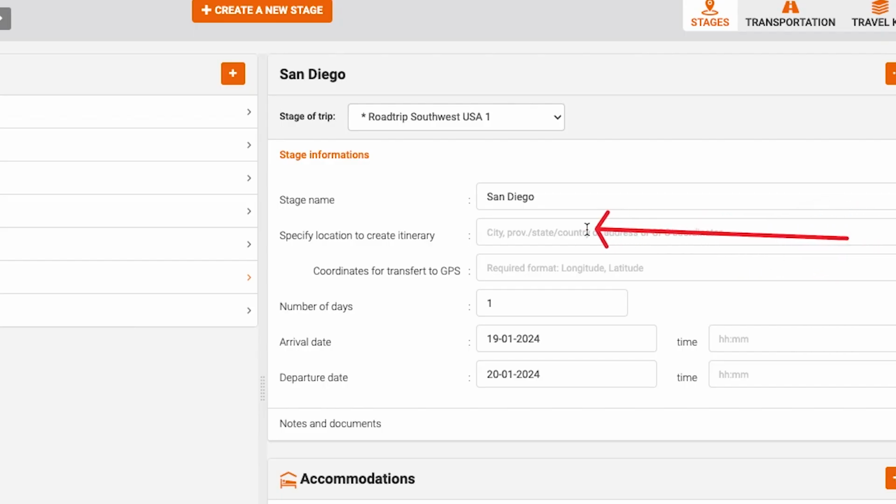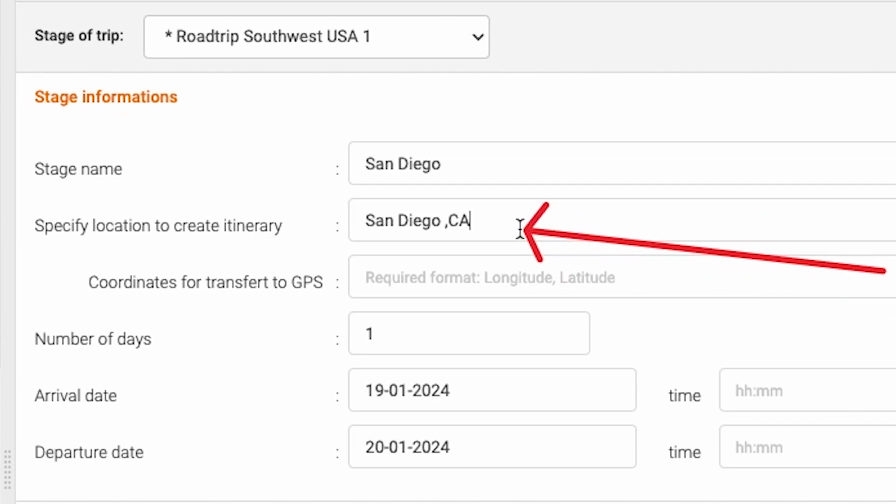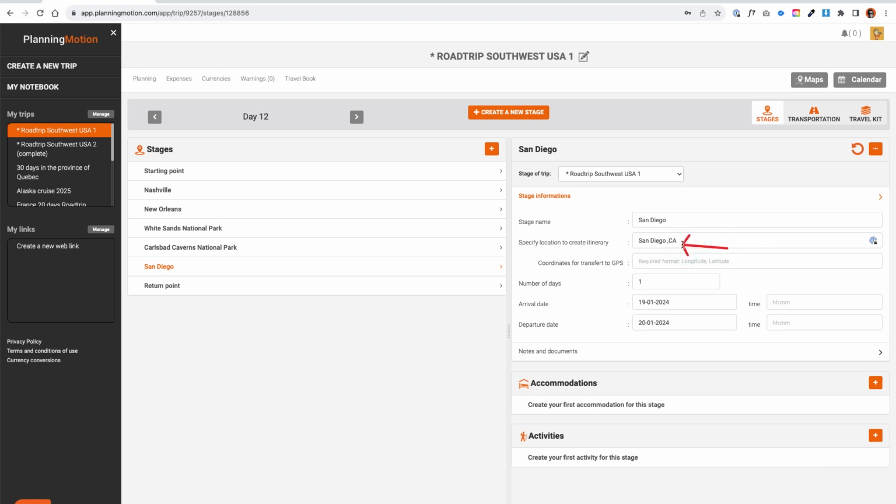Planning Motion sends what I've entered here to Google Maps. I had left this box empty. I didn't write anything in it, which is why my stage isn't yet on my itinerary on Google Maps. I write San Diego and also specify California. It's important to help Google Maps recognize the places we're talking about. What I mean is that we want to go to San Diego in California, but there's also a San Diego in Texas. I know there's another San Diego in Mexico. So in order for Google Maps to indicate the right place on the itinerary, I specify that it's San Diego,